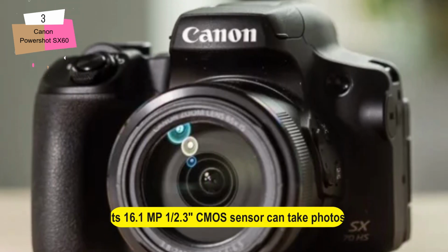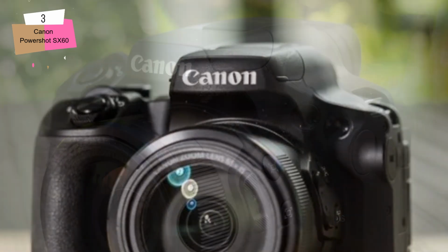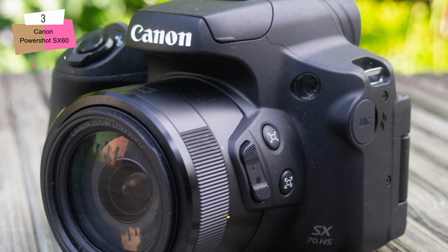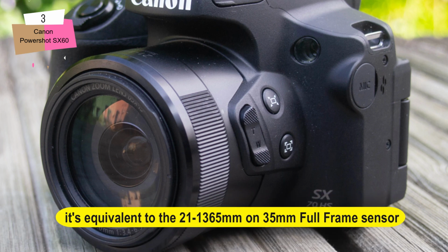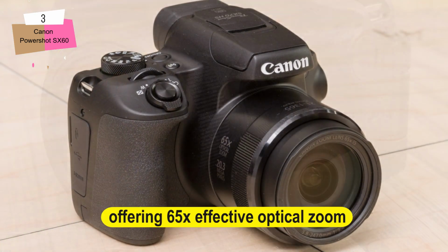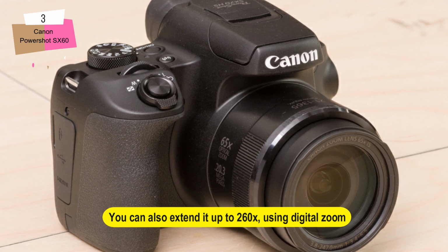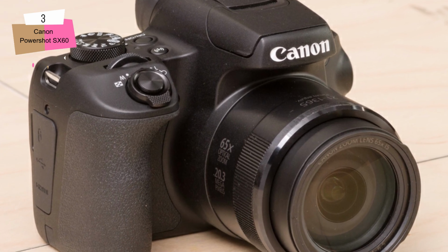Its 16.1 MP 1/2.3 CMOS sensor can take photos at up to 4608 by 3456 maximum resolution. As for the focal length, it's equivalent to 21 to 1365mm on a 35mm full-frame sensor, offering 65x effective optical zoom. You can also extend it up to 260x using digital zoom, although it backlashes with a significant drop in picture